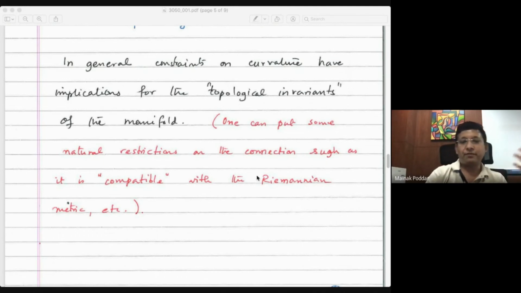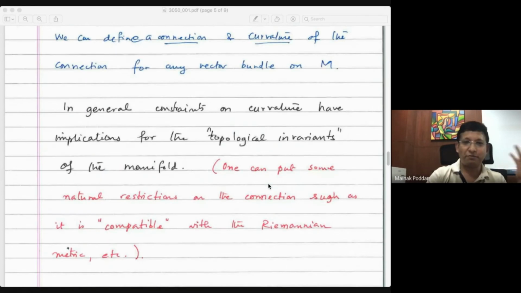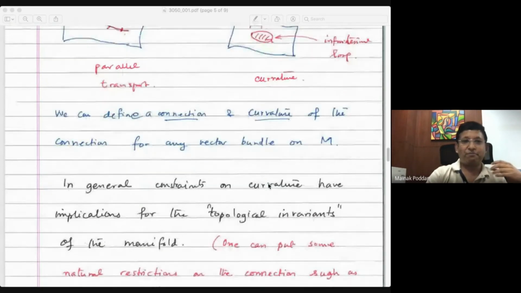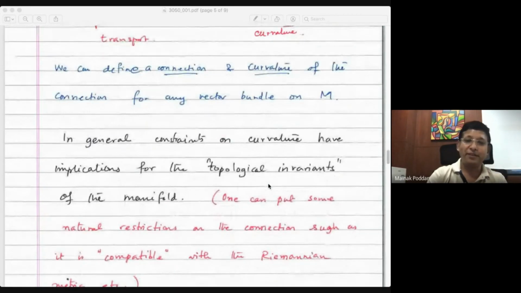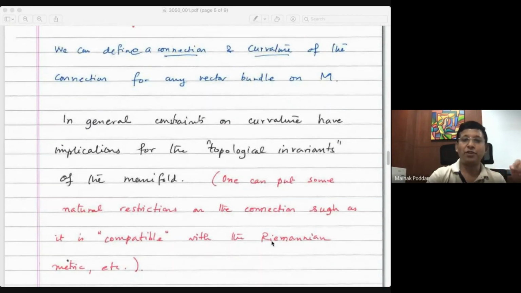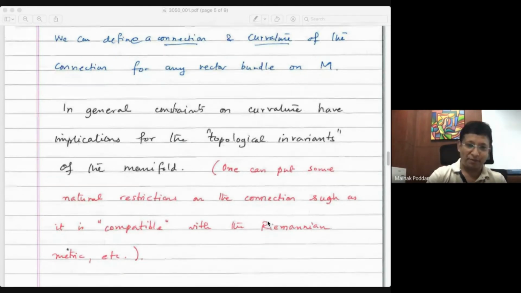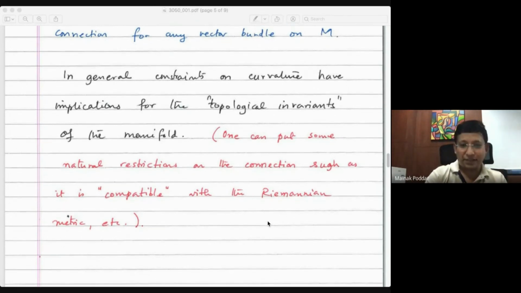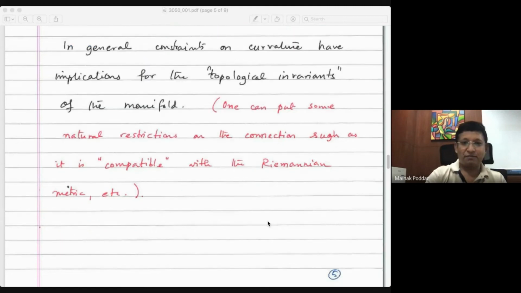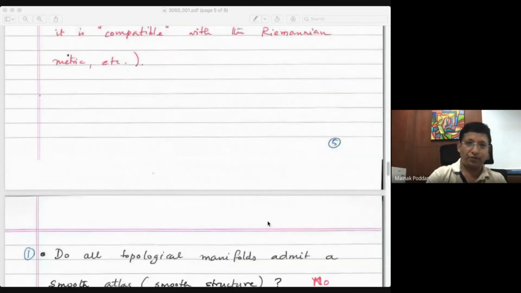And one such restriction is that it respects the metric, like I talked about a derivative. And okay, so this covariant derivative you can apply on various kinds of things, even on your original metric on the vector bundle or on the tangent bundle. And if the covariant derivative of the metric is zero, then you have some very special connection. Okay, and it's a very natural condition. So you can put some restrictions on the connections.